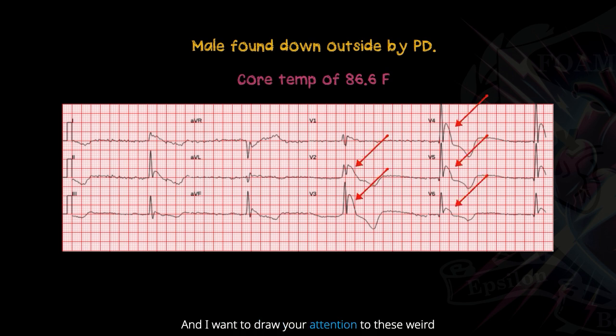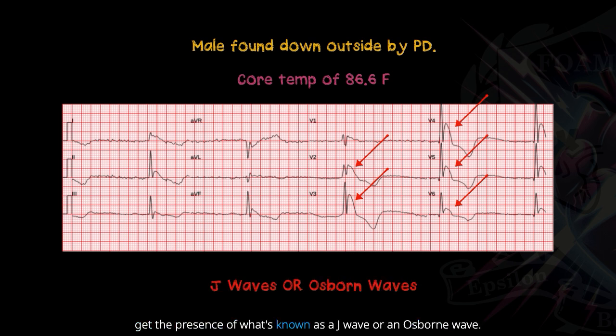And I want to draw your attention to these weird waves there at the end of the QRS complex. For those that aren't familiar, most commonly in hypothermia, we get the presence of what's known as a J wave or an Osborne wave. J wave is what they used to call it, and it was difficult to delineate, right? There's the J point, and so now there's this progression to what's known as the Osborne wave in the setting of hypothermia, and it is this weird extra wave there at the end immediately after the